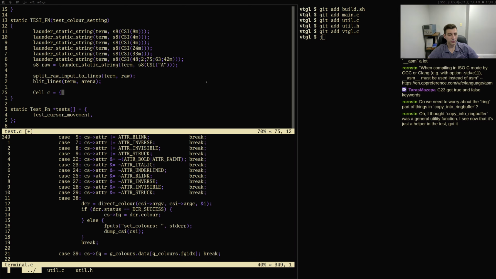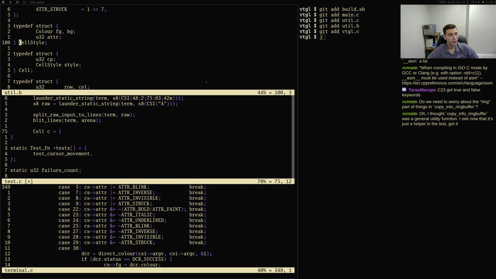How is the cell just defined again? Okay, so the code point is A, and then the style is going to equal .bg is going to equal